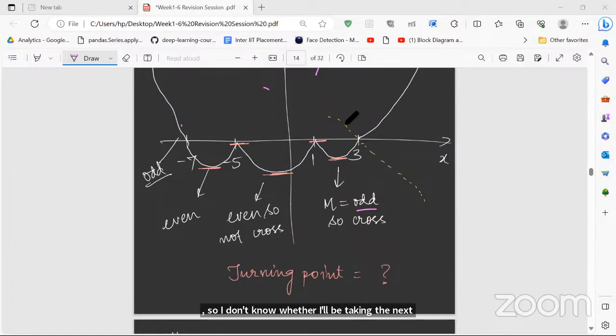Sir, for the integration part, can you say which area we need to concentrate on? There are integration by substitution and integration by parts. If you can give us some clue about which we need to focus on. Seriously, I'm not aware. The concepts I'm aware of, but I don't know which part to concentrate on.